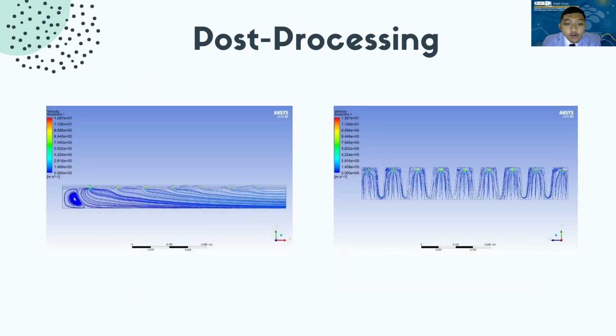And this is post-processing of streamline. The first figure shows a streamline contour on the side of the XY plane, where there is a backflow of air circulating in the space between the jet plate and the bottom plate close to the outlet area. Backflow is created because there is a cover wall in the space between the jet plate and bottom plate, so that if there is no jet impingement, then hot air will be trapped in the space and affect the distribution of airflow in DTAP-ACH.